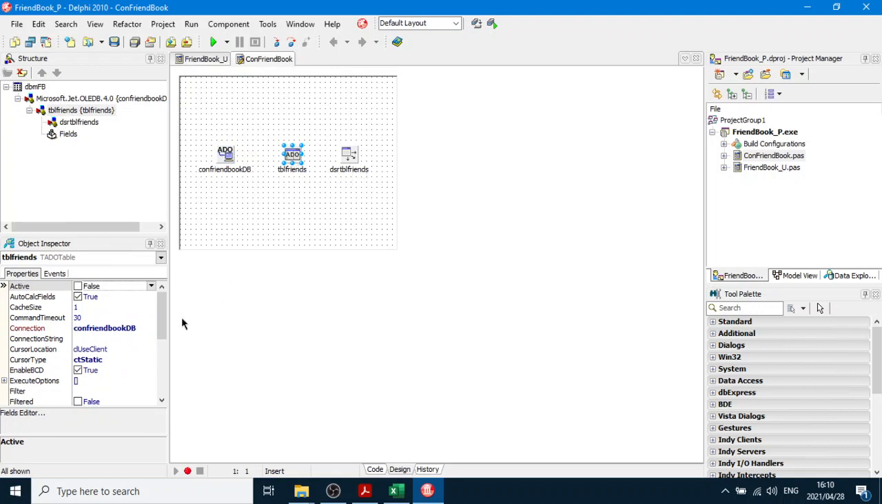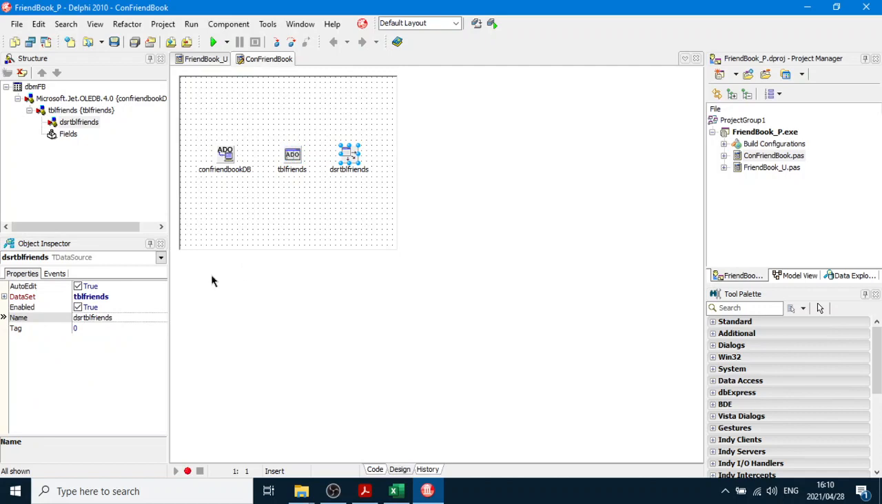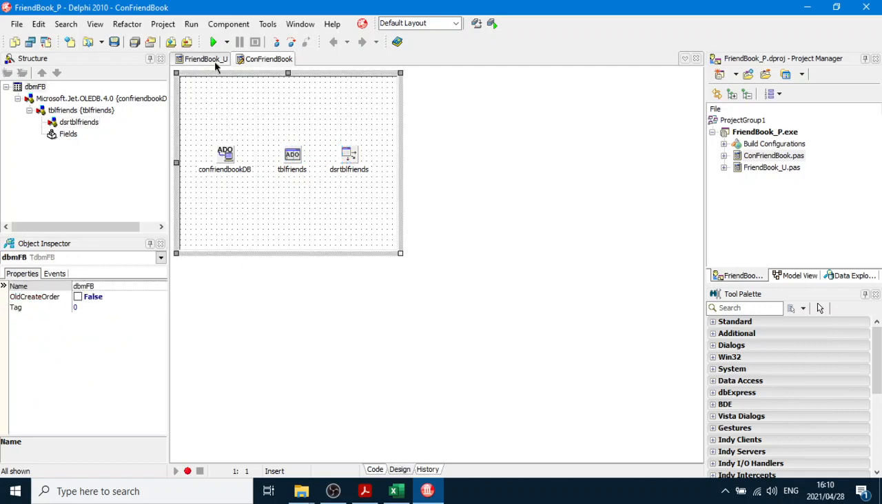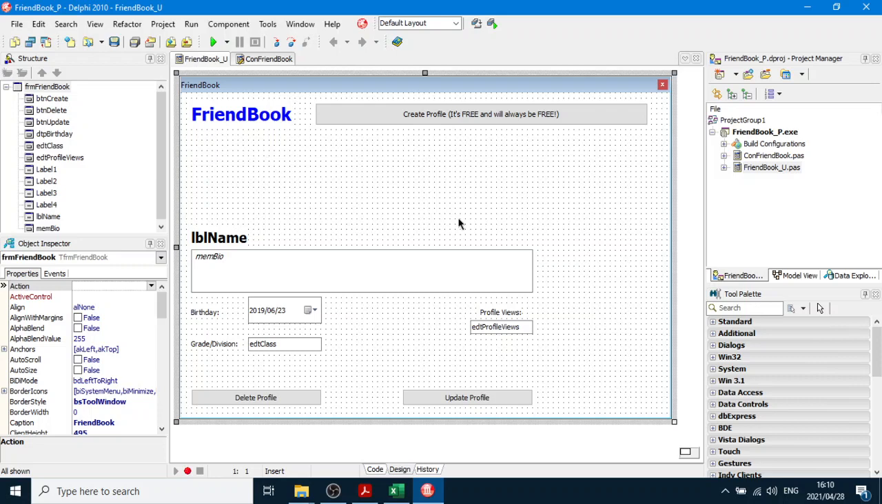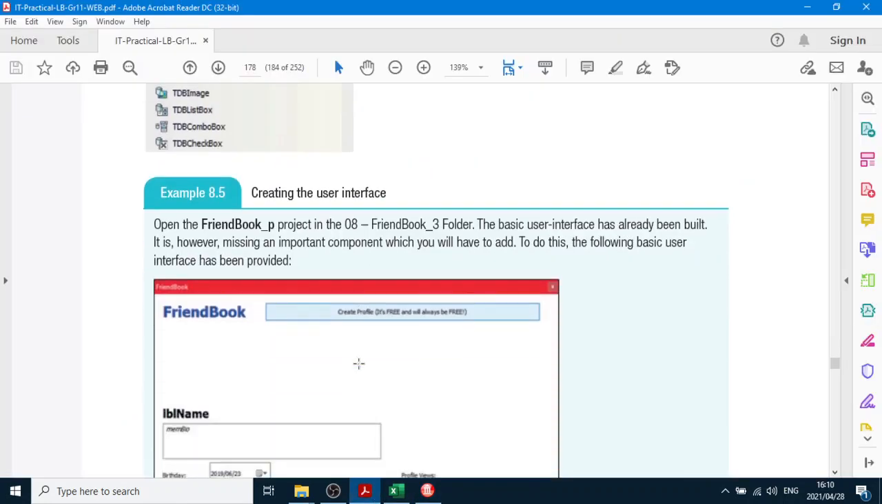Click on TBL friends and choose the table name, and then set the active property to true, and then DSR TBL friends will be fine. Right, so that's that done. Now we can go to this friend book, this main program, and we're going to put a database grid right here, and then we're going to follow the instructions. 8.5,